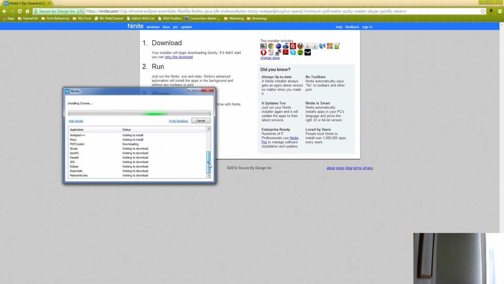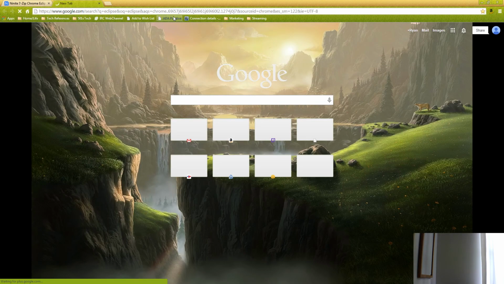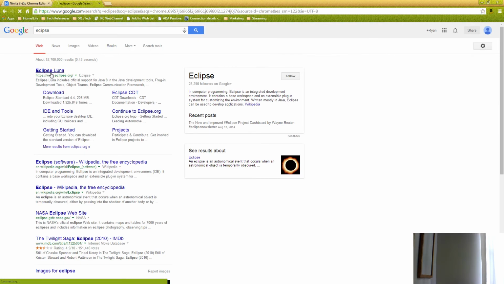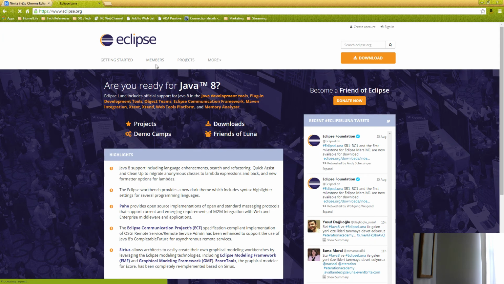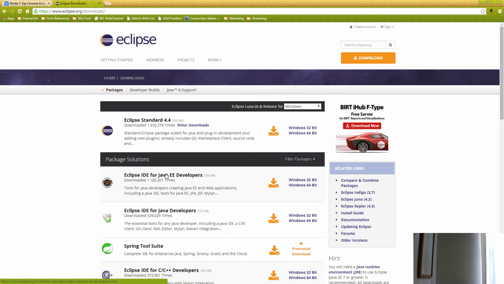Now, I will tell you that during our tutorial of session 1 where we covered Eclipse, we did not install Eclipse with this method. I'm just showing you guys this option, but you can download it manually. If you go to the Eclipse website and download it, there we go. You're going to want to make sure you choose the IDE for Java EE developers, and of course the 32-bit or 64-bit that you have installed. Don't forget that you need the Java that matches that version. So if you have 64-bit Windows, but you only have 32-bit Java,